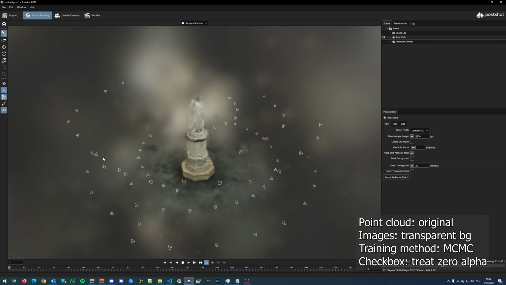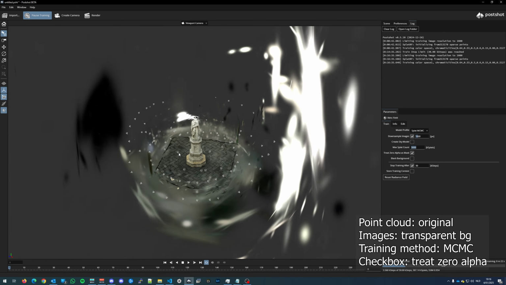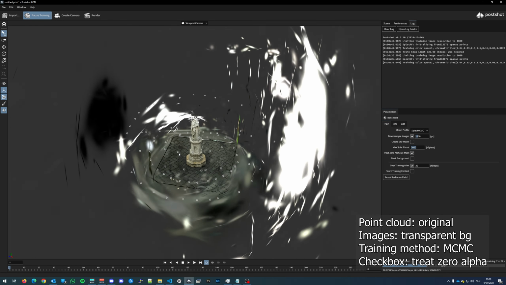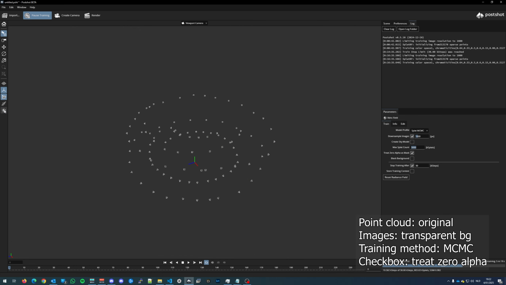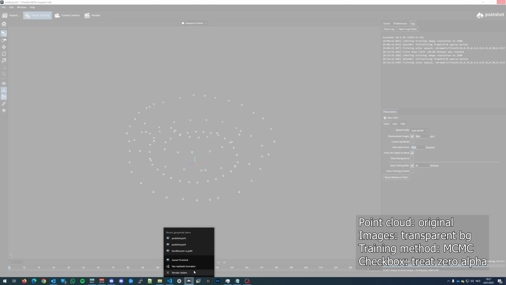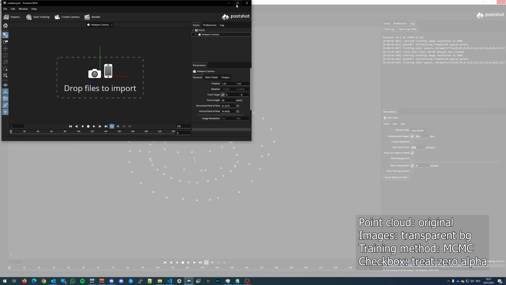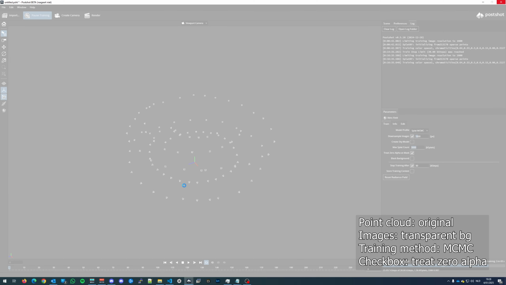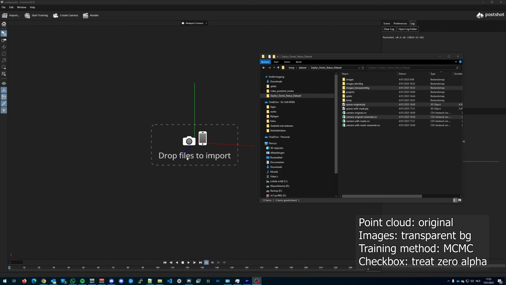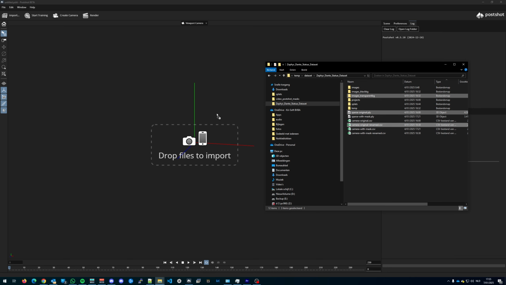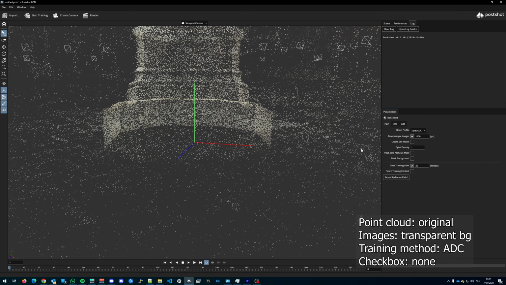Let's redo the training with MCMC, but now let's use this checkbox, Treat 0 Alpha as mask. And this seems to introduce the same distortions as we saw before, and the same crash as we saw before. So I guess we're going to skip this one, and we move on to the next,